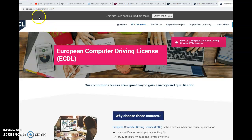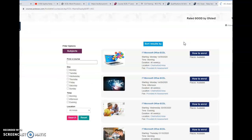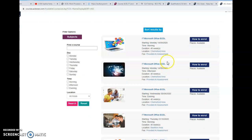To enrol onto our ECDL course at ACL Essex, if you follow the link aclessex.com/digital-skills-ECDL/. On the right hand side, there's a pink box that says enrol onto European Computer Driving Licence ECDL course. There's buttons on the right hand side for each of our locations. For example,